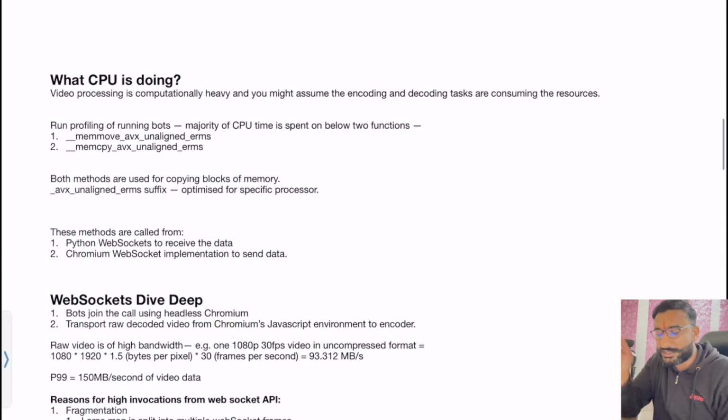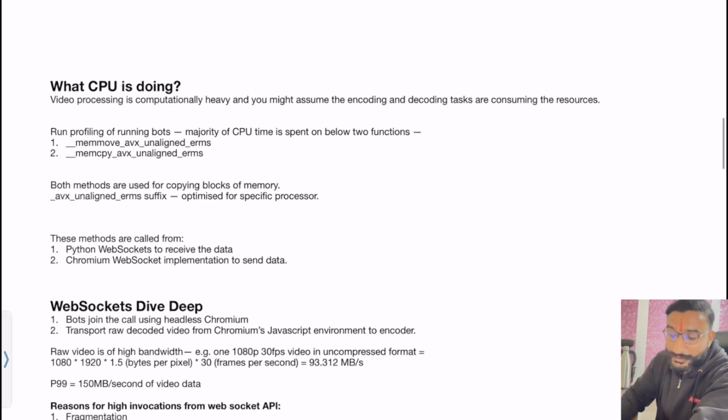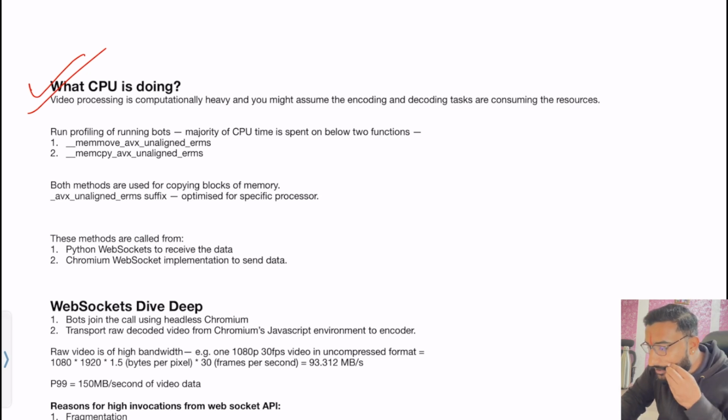Great, this is what we have to do. So we have our motivation clear: to reduce the infrastructure nodes which you are using. Let's say you were earlier using 100 nodes, you have to do all those operations within 50 nodes itself, cutting the cost by 50%. So let's understand what the CPU is actually doing. If we want to reduce the cost of CPU, then we have to understand where that processing power, that computation power, is spent.